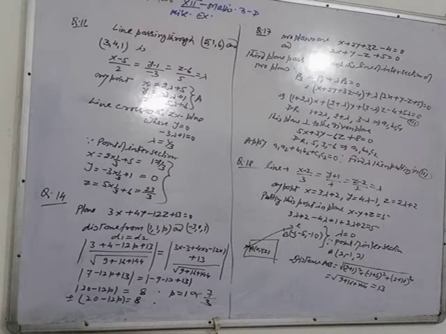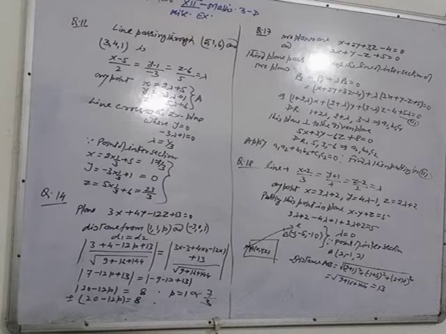Now here you have to find the third plane which passes through the line of intersection of the two planes. A plane which passes through or contains the line of intersection of two planes. So what is the procedure? The third plane P3 is equal to first plane P1 plus lambda times P2 equals 0, meaning combining both planes by an arbitrary constant lambda: first plane plus lambda times the second plane.